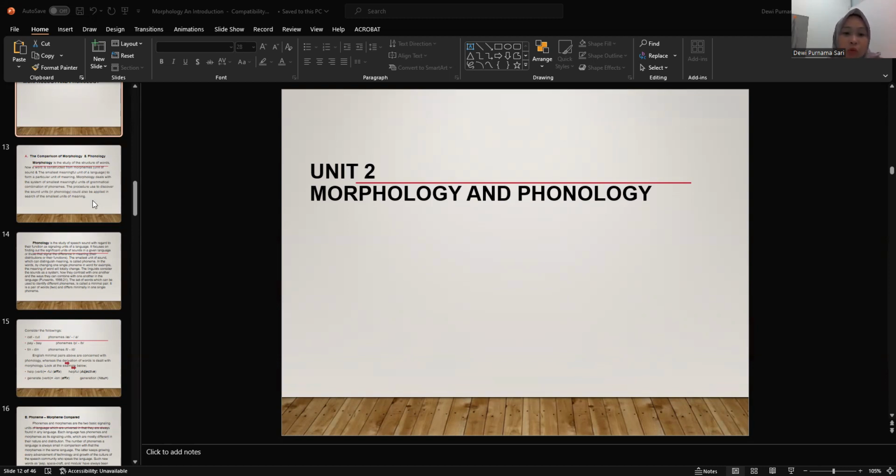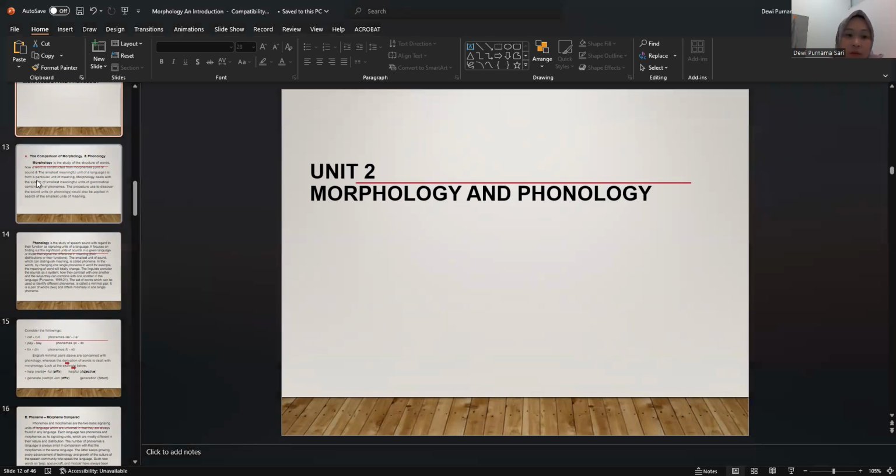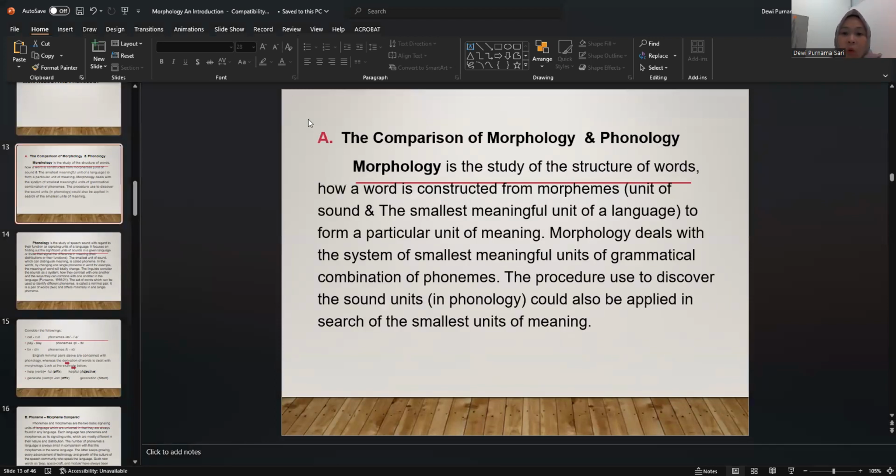Okay, so now I'm going to explain to you about morphology and also phonology, the connection of morphology and phonology. Well, the comparison of morphology and phonology. So here, as I have already explained, the definition of morphology is the study of the structure of words